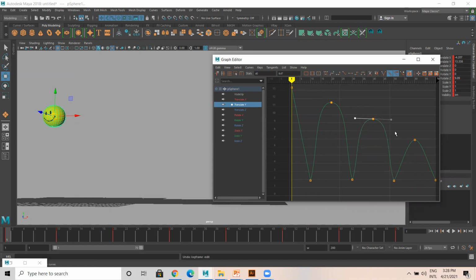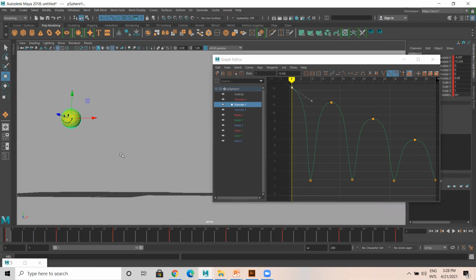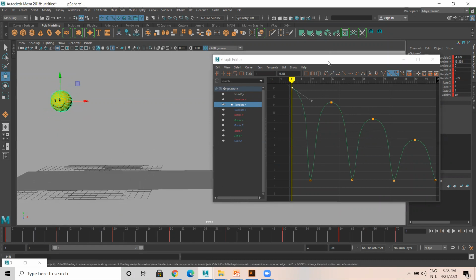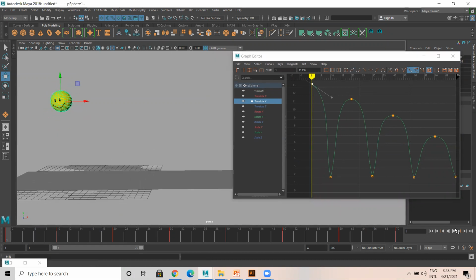Give a little bit weight here. So when we give this, it gives more life. Okay. So now what happens? Let us see. Okay. You feel that there is a bounciness here.